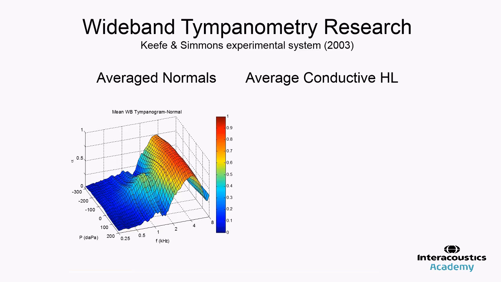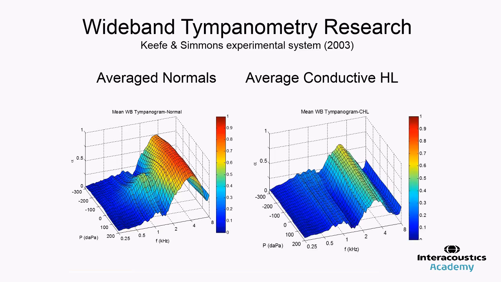So on the left we have average tympanograms from normal ears with normal hearing, and it's averaged across a large number of cases. And over on the right side we have an average tympanogram in ears that had a significant conductive hearing loss of 20 dB or greater, and you can see there are some notable differences in terms of the amount of